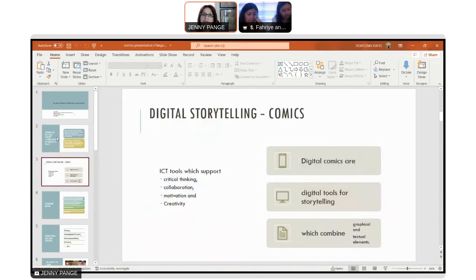Let's see how digital storytelling and comics can upgrade some tools and support thinking. How does it support critical thinking? It supports it in a way that students have to think critically and logically, how to put different kinds of motives and scenes together in order to create the story.